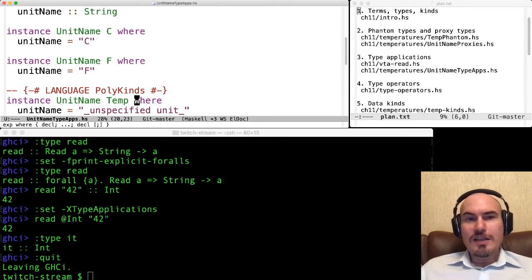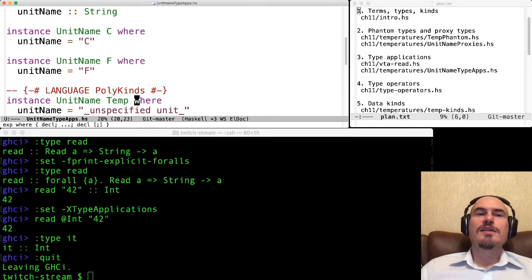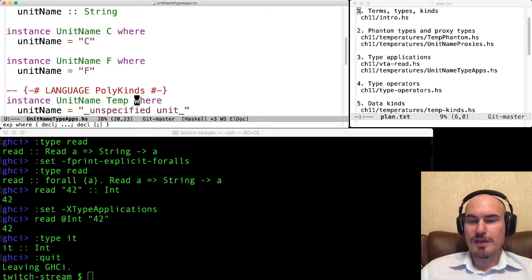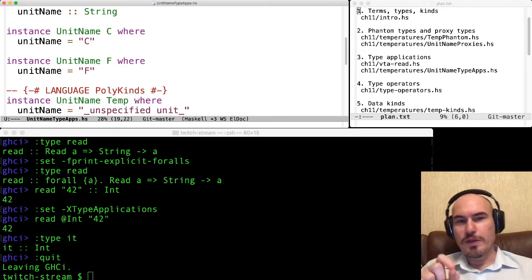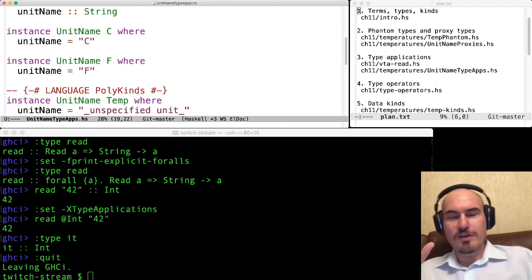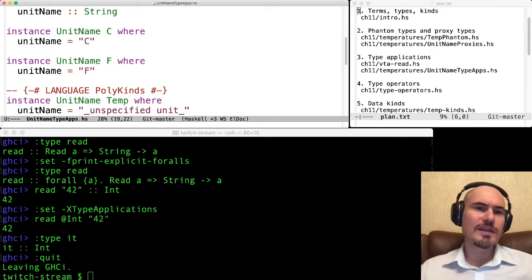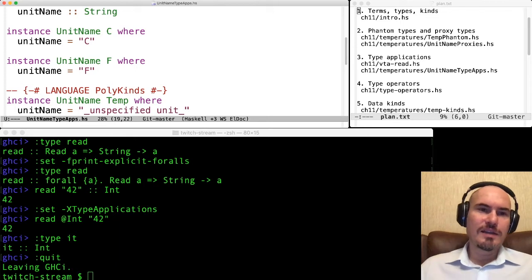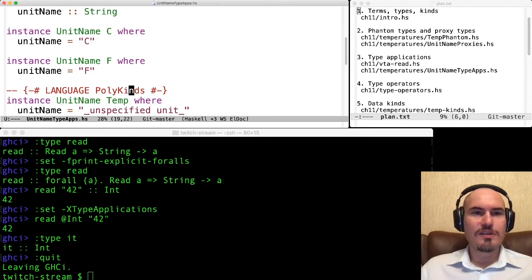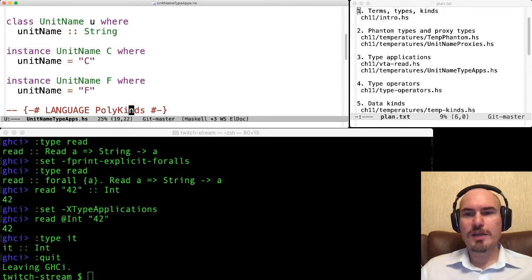But we still can define this type class for this type constructor Temp, thanks to the PolyKinds extension. With this extension enabled, and I had it enabled in the very beginning, we can use this type variable u in a type class definition for any kinds.